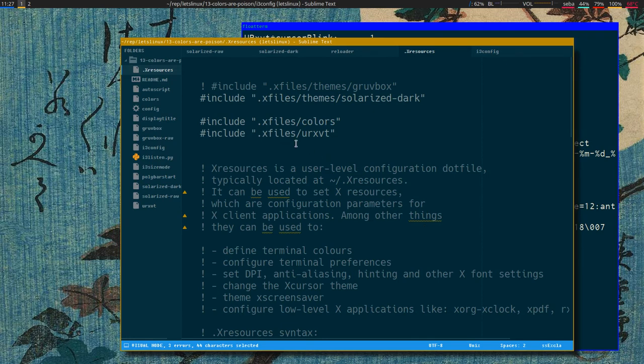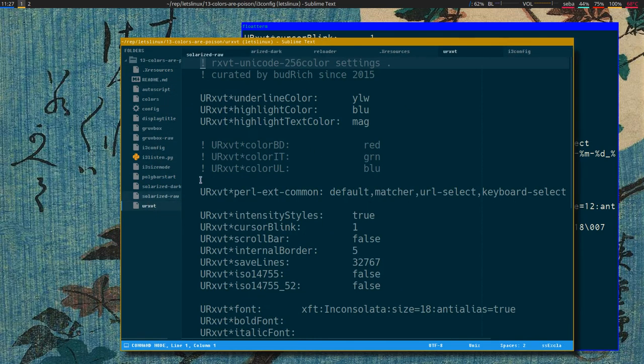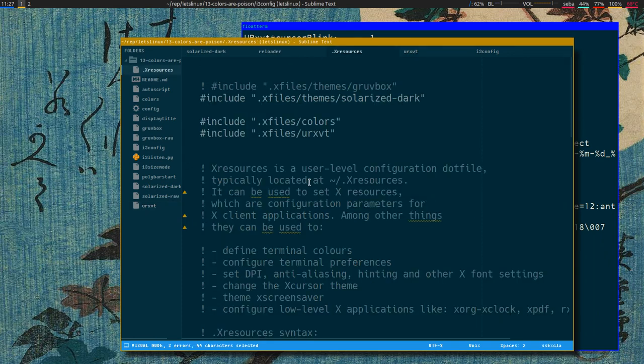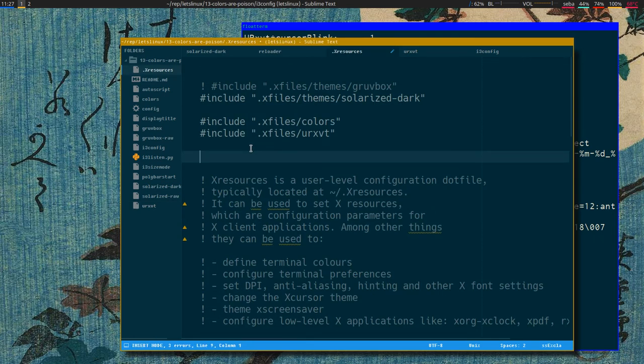Because you can actually define, if we look here in the URxvt, this is how resources look like. The name of the resource, then sometimes you have a class name in the middle, and the name of the resource itself. The name of the application, the class name of that application, and then the resource. But you can define your own resources and name them whatever you want. So let's create here bud style. We can name something random, you know, and then we can have